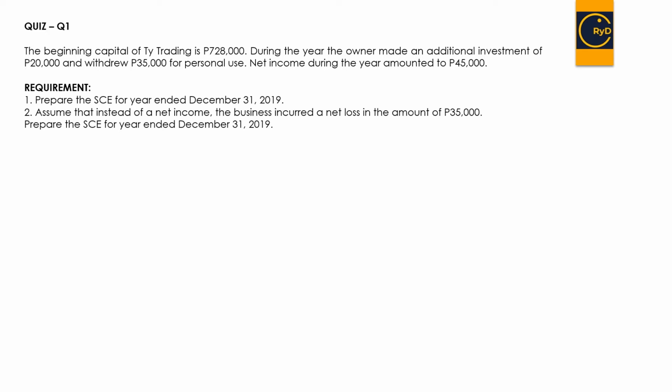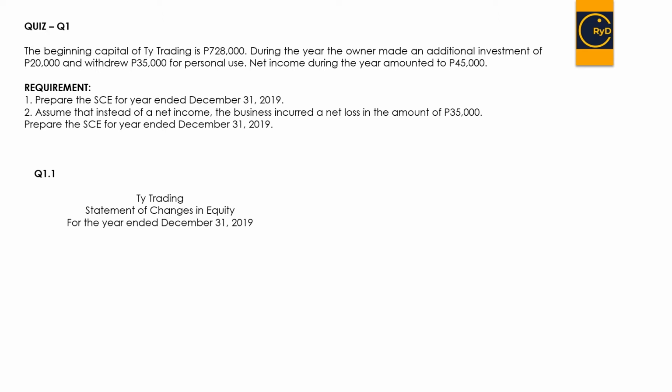And assuming that instead of a net income, the business incurred a net loss in the amount of 35,000. So you are also tasked to prepare another SCE for that assumption. So okay, let's start. We start with our heading, T Trading, Statement of Changes in Equity for the year ended